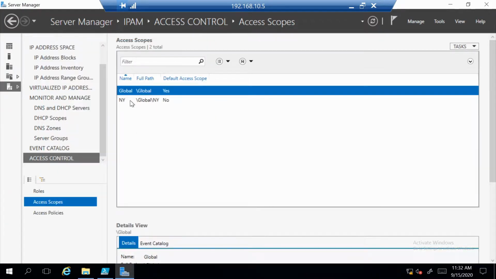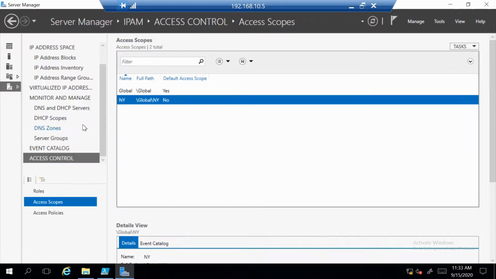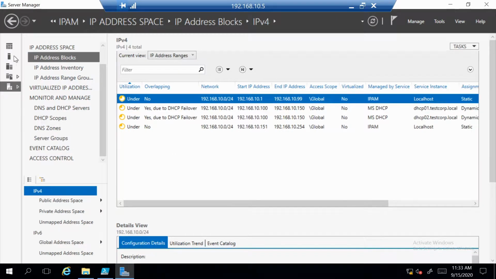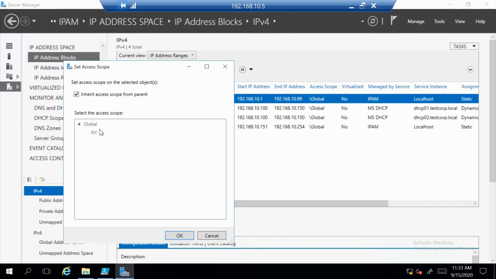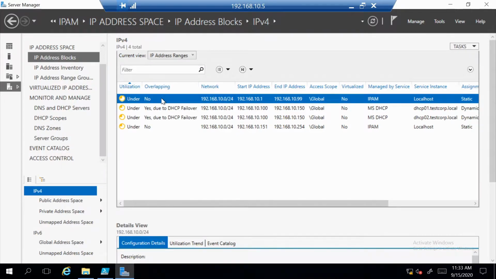Now under global we also have New York, and if I wanted to assign New York to something in IPAM, I would go for example to address blocks, and I can set the access scope to New York, and now this would be part of New York,